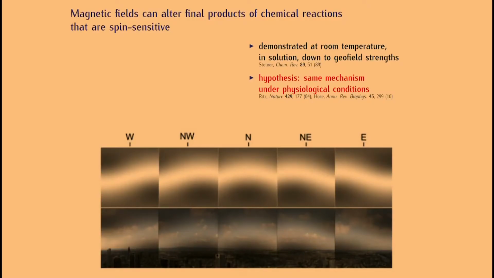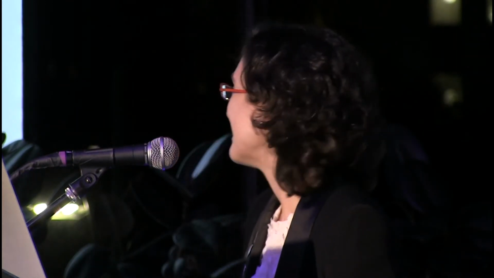There was a hypothesis that they posited, which was that were the same sort of spin mechanism that I just described to be happening inside cells and organisms, maybe organisms could sense magnetic fields to the extent that they could sense different physiological concentrations of products coming from such spin-sensitive chemical reactions, right? And people started